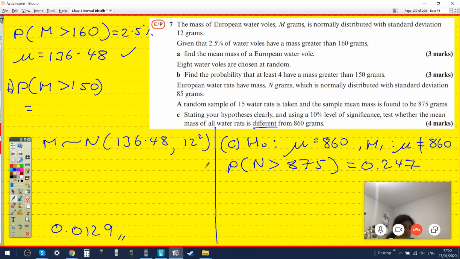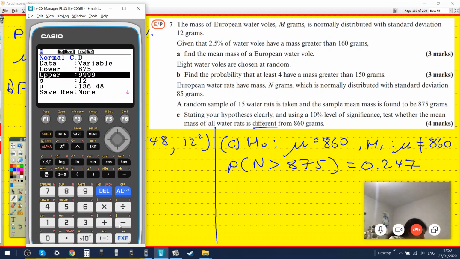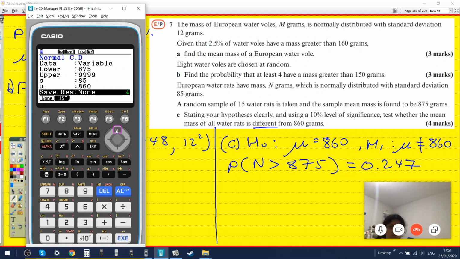Hold the phone. A random sample of 15 rats are taken. Sample mean mass. Let's go back. So 875 was our lower, upper is something big. Were we given a new standard deviation? 85. Our mean, it'd be square root of 85 squared over 15 because it's a sample. Yes. So it should be shift square root